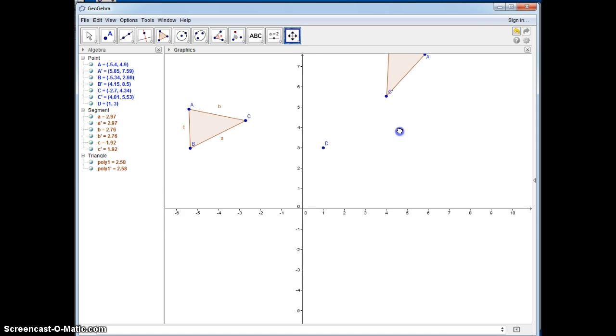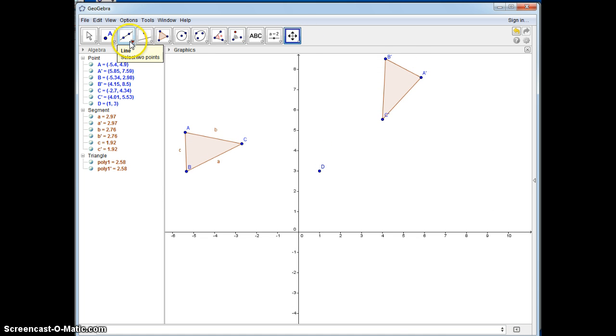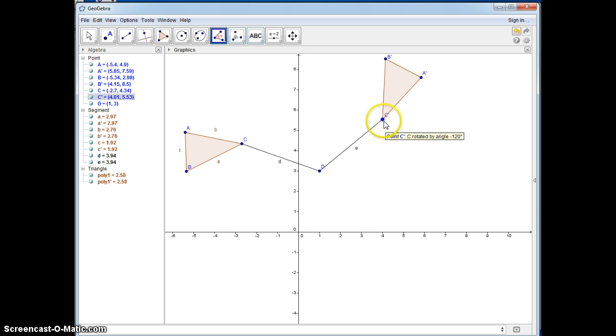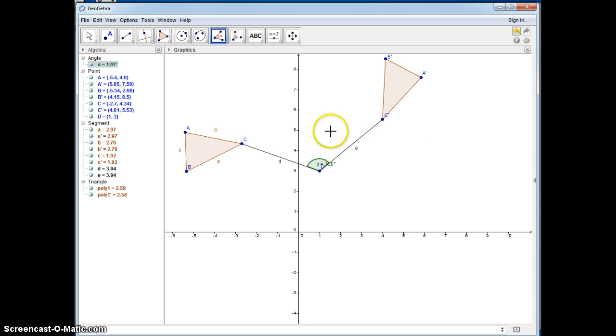So let's move this graphic view, and this is our angle of rotation going from, let's say, from C to D and C to C prime. Let's check that here. 120 degrees. We can go all the way, map it onto itself if we keep going 120 degrees again and again. Let's try that. Here,